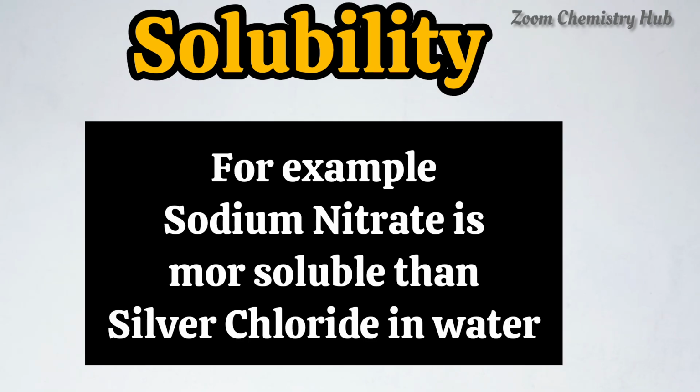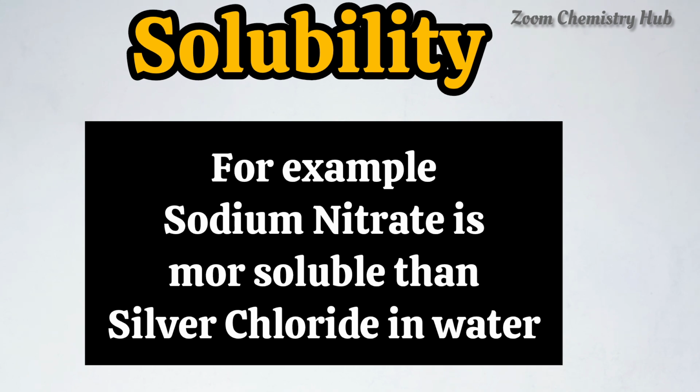Here we can see that the solvent is the same, that is water, for both the solutes, sodium nitrate and silver chloride, but the solubility is different. Sodium nitrate is more soluble in water than